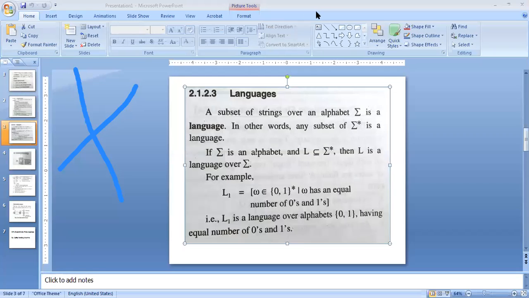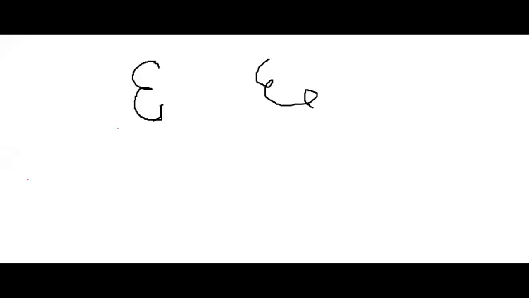Okay. So if I'm saying binary language, we will say it is made up of 0 and 1. So on a whiteboard, let's try it.